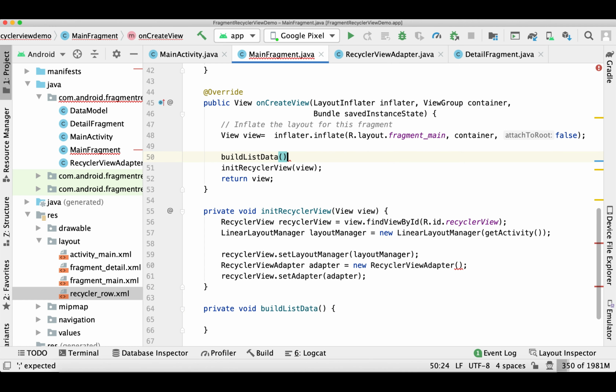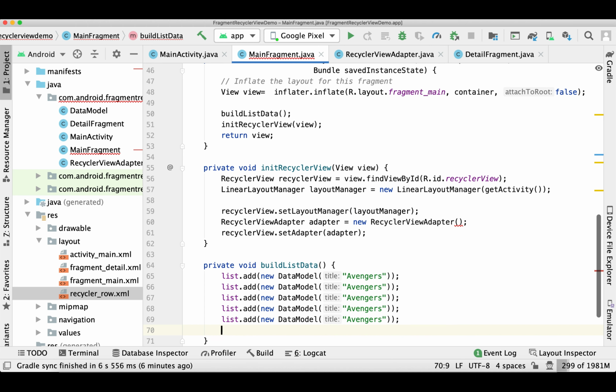As I said, this is going to be statically displayed on a recycler view, not going to make any API calls. So I'm statically adding some movie names, and the same movie names are going to display on the recycler view. So I'm just copy pasting and changing some names. These are the famous movies. Let me know which is your favorite movie out of it in the comment section.